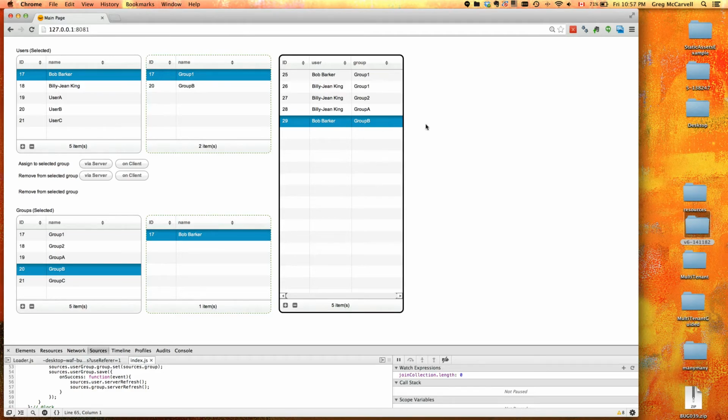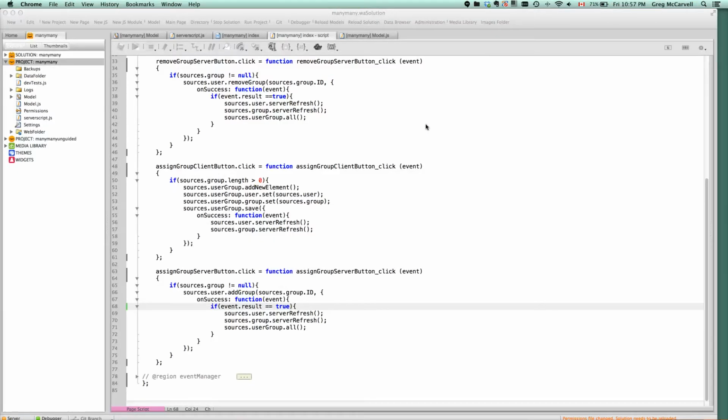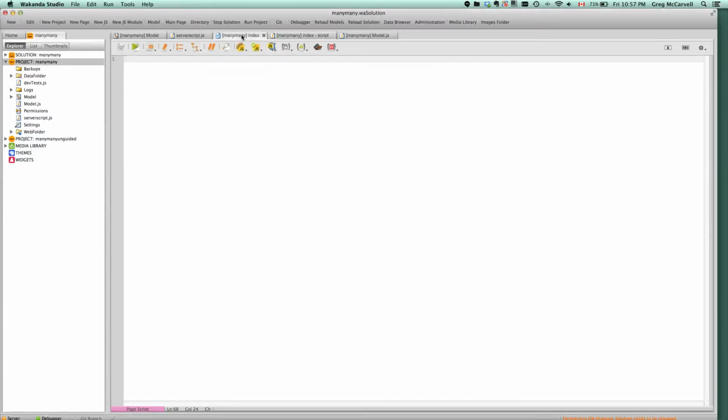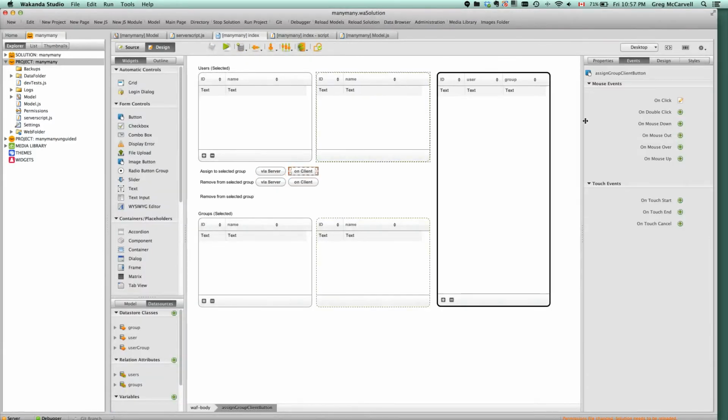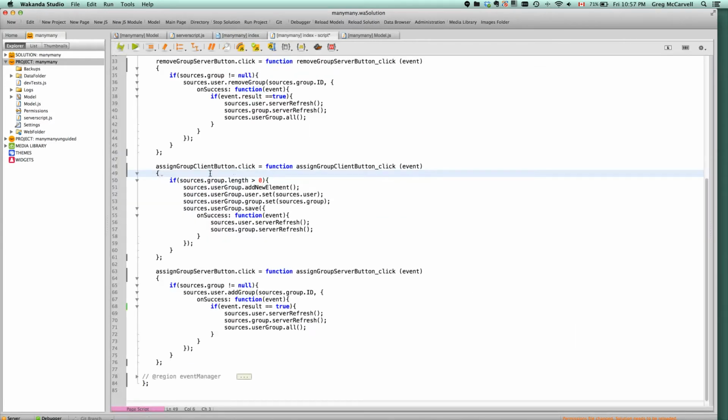So if we go back to Studio, that was done in this button here. So if we go to the on click of that button, you'll see that I'm working with data sources here. So I've checked first again if the data source, if the groups actually has a group to assign. Then we're taking